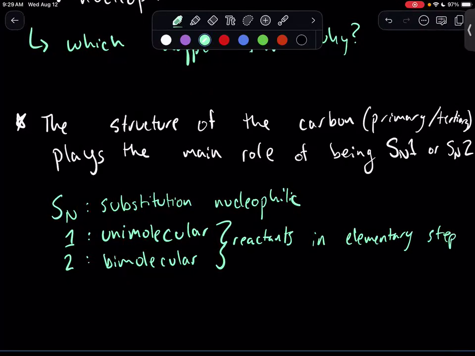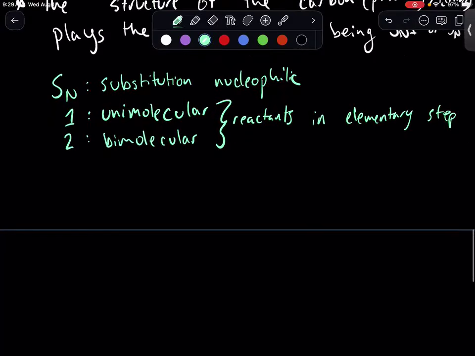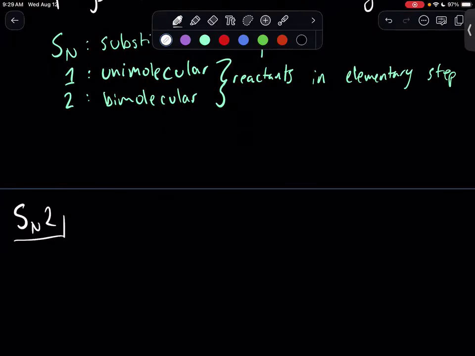So we're going to look at those elementary steps as we describe the reactions. Now, we're going to start off with SN2 reactions. So remember, that's going to be a bimolecular step. So within SN2 reactions, this is a reaction mechanism